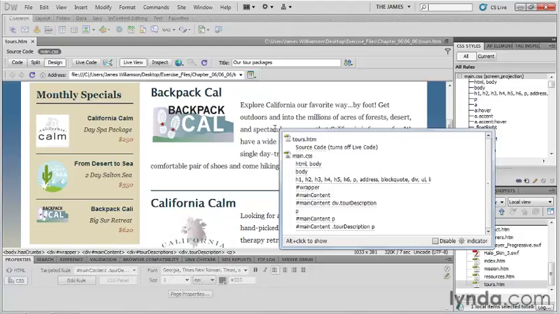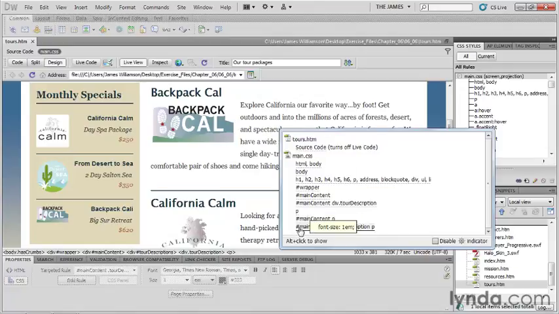So what we're looking at right now is a list of all of the selectors in our CSS that is in some way or another styling that particular element. This means that every time you click on an element, you're going to see a totally different list based off of that element and the styles driving it. These styles are arranged in the order of furthest from the element to the closest to the element. Now, what that means is any property at the bottom of the list that conflicts with a property above it,